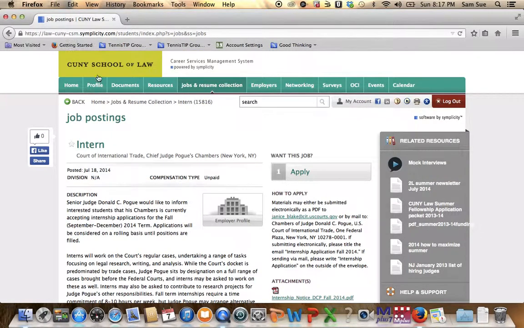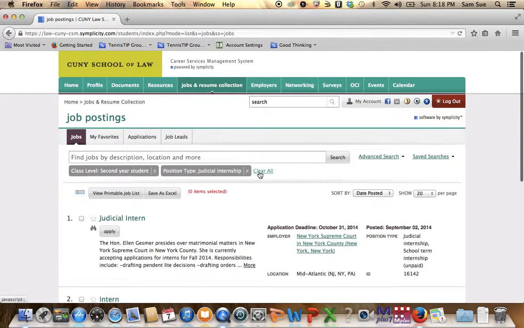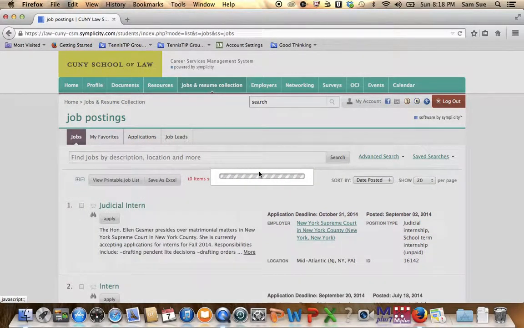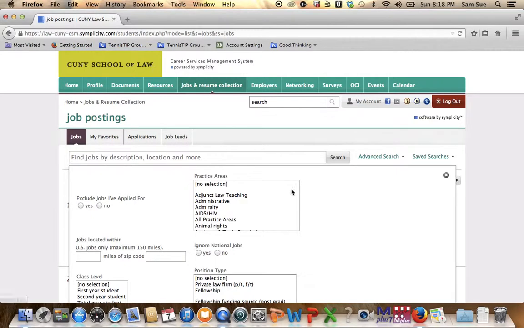Let's just go backward. So you hit this back key here, and that will take you back to the list that we generated. Let's say that we want to do a different search. So I just click clear all, and then I'm going to run an advanced search. And let's say that I'm particularly interested in certain areas of law. Let's say I'm interested in civil legal services work,